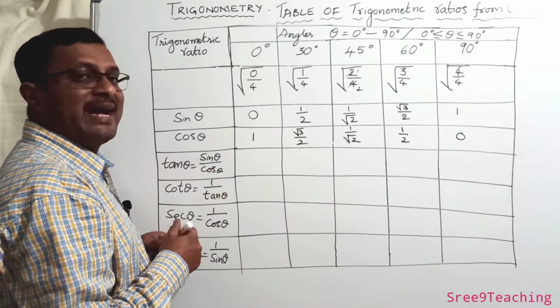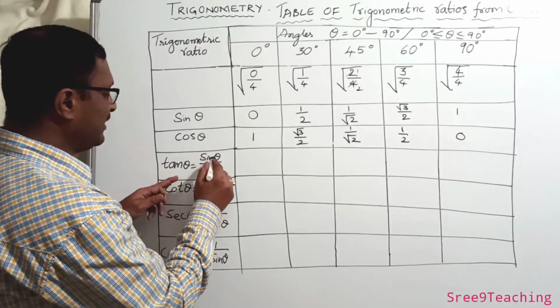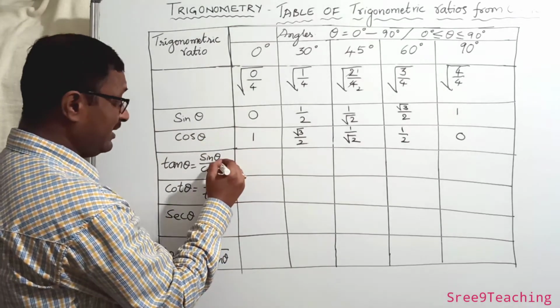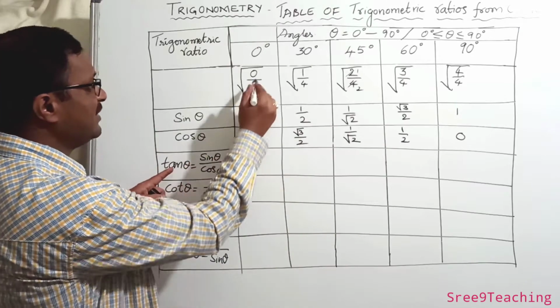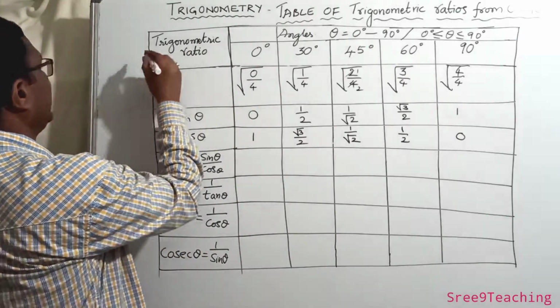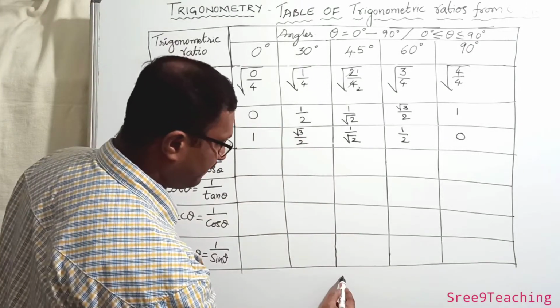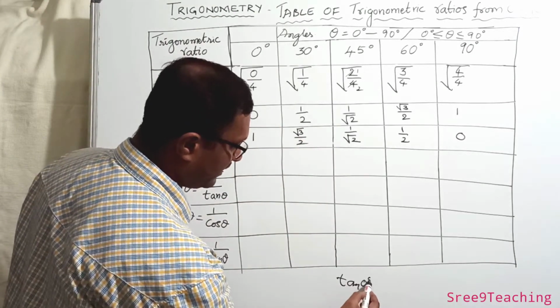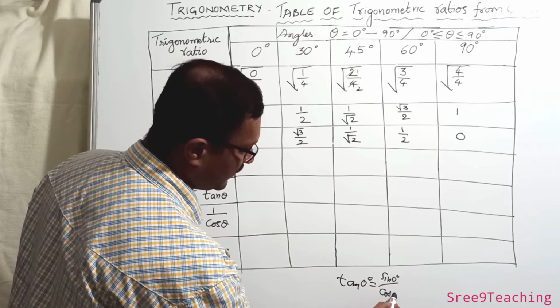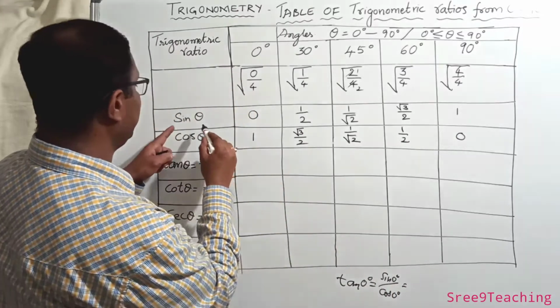Now let us write the tan values. So tan is nothing but sin by cos, no? Here sin, here cos. 0 by 1 is what? Here it is nothing but 0 by 1 only, no? Tan 0, if you want tan 0, it means sin 0 by cos 0. Suppose if you want to write tan 0, it is nothing but sin 0 degrees by cos 0 degrees. Okay. Now cos 0 degrees is how much?